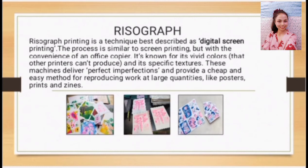Riso print looks more handcrafted. The beauty of the process is that it creates small mistakes. There's no point in trying to make it look perfect. It's perfect when printing text, fine lines, textures, marks, and photographs. Black, crisp details, textures, and painterly marks can